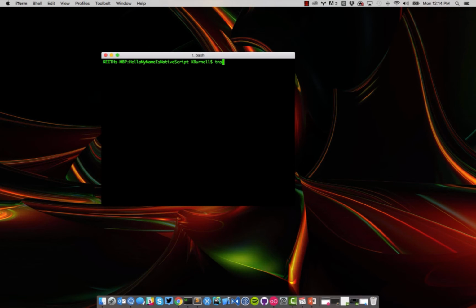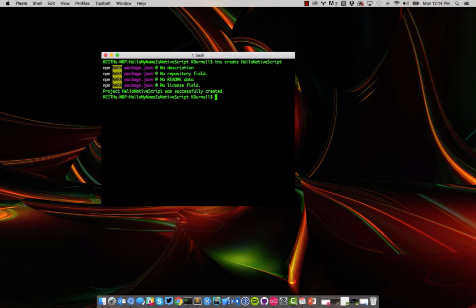I start by typing TNS, which stands for Telerik NativeScript. All NativeScript commands are going to start with TNS. Then I type create, which means I want to create a project, and then I give it the name. We're going to call it Hello NativeScript. So here I can hit enter, and NativeScript will chug through, and you can see Project Hello NativeScript was successfully created. So let's jump over to Finder